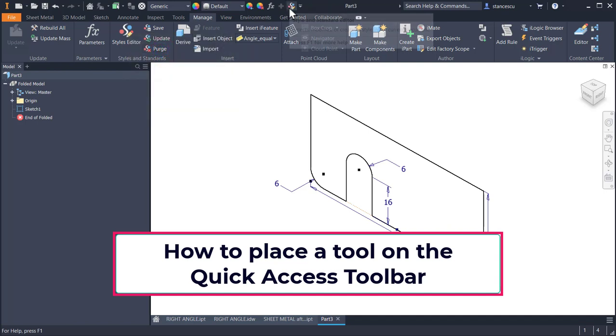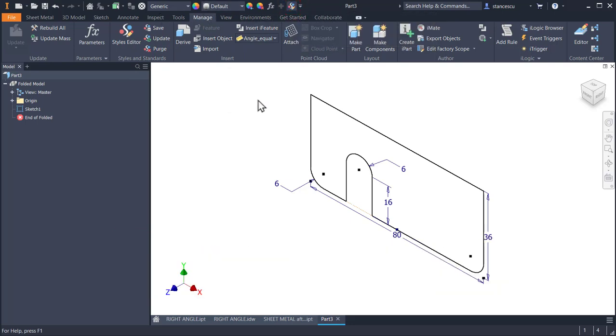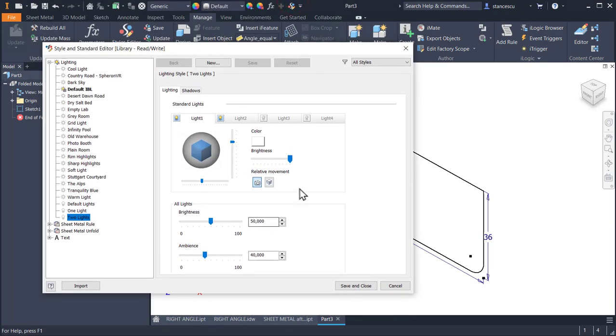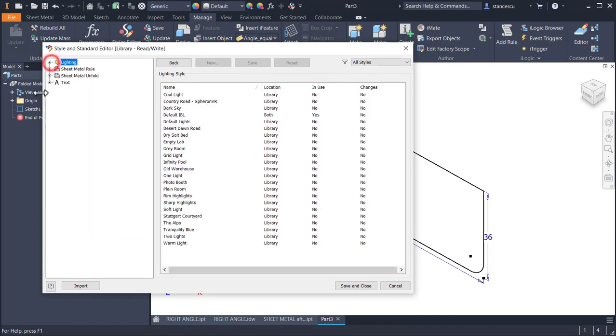Yes, we have this tool on the toolbar, so we activate the styles editor. We don't use lights, but we go to sheet metal rule,